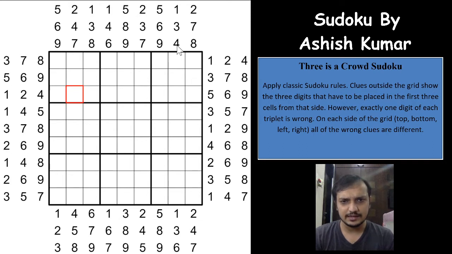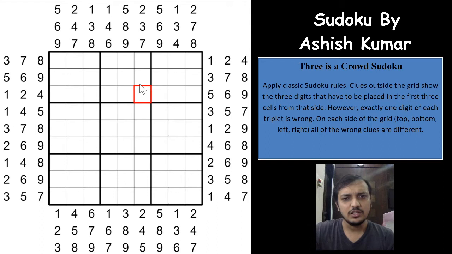are exactly correct. The correct digits outside the grid indicate that those digits have to be appearing in the first 3 cells in the corresponding row or column, right? So for example, if the 2 is wrong here and 3 and 7 are correct, then the 3 and 7 have to appear in one of the first 3 cells in the row or column. So in this column, one of the first 3 cells, right? And if the 2 is wrong, then 2 cannot appear in one of the first 3 cells. So 3 and 7 have to appear, and the third digit will be anything other than 2, right?